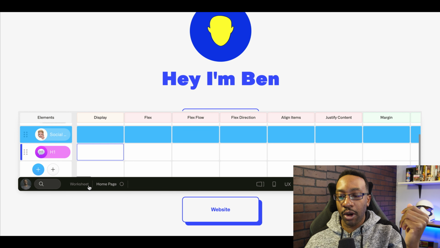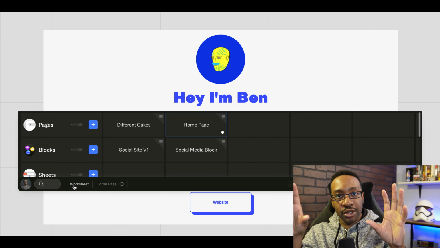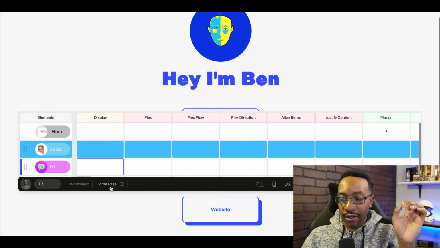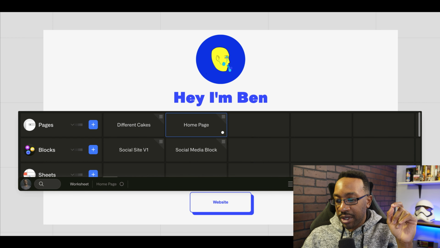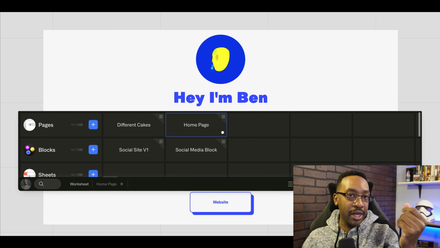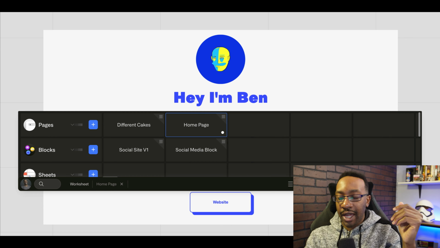Remember, the toolbar right here will allow me to go back to my space where I can see the worksheet. So that was where I can see everything. And then I can easily go back and forth into the page if I desire. Afterwards, I can always do save all, and then I'll be all set to make sure that I don't delete anything or leave the page. So I click save all.